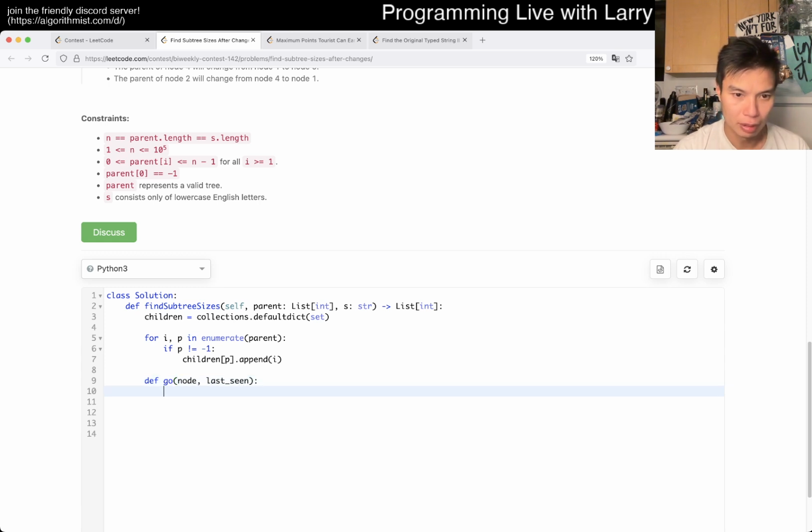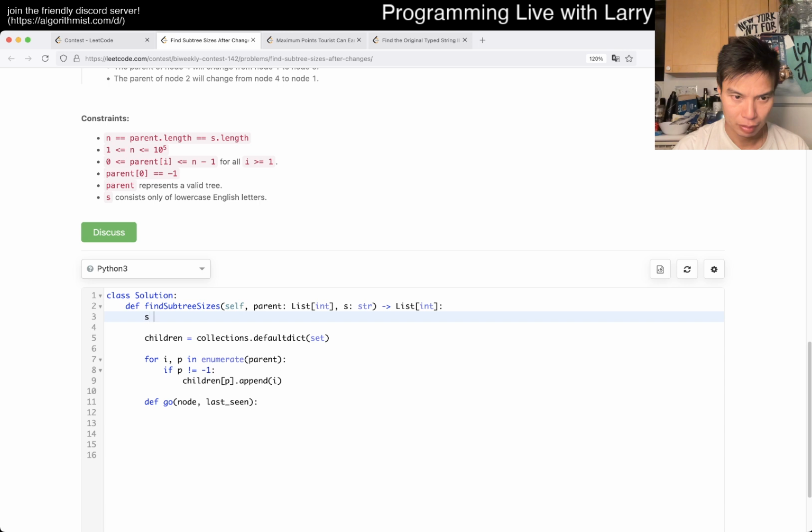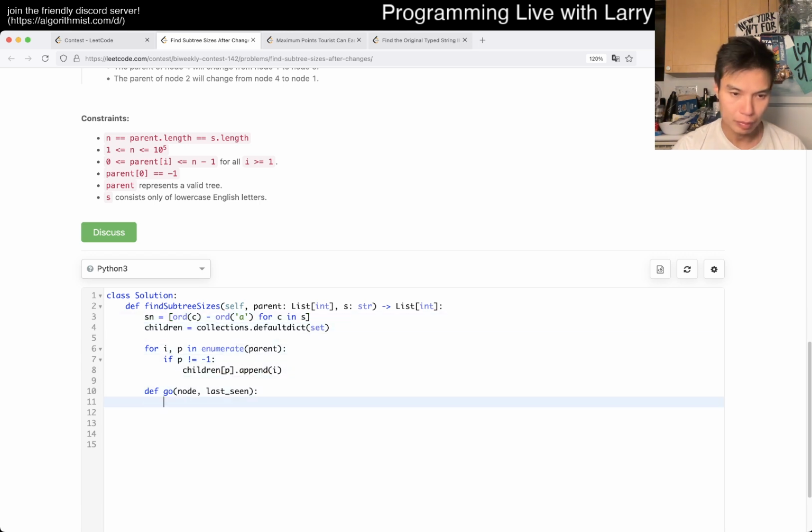Yeah, and then we could just convert the S. So now we want to remove.